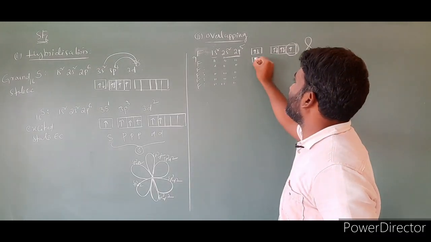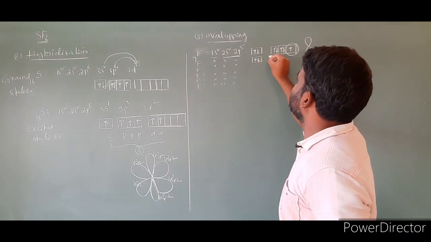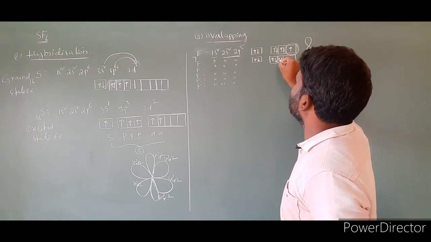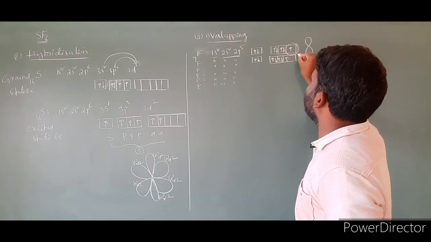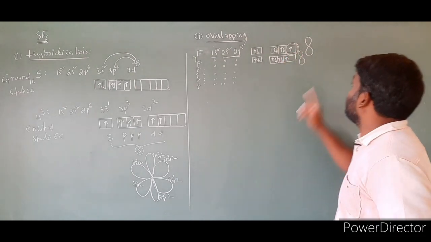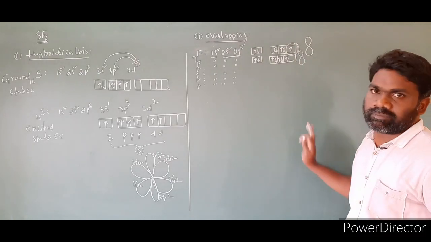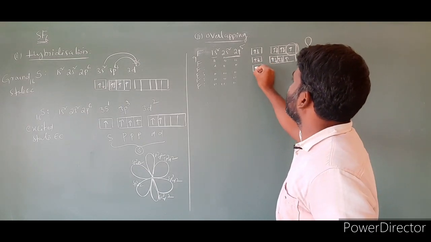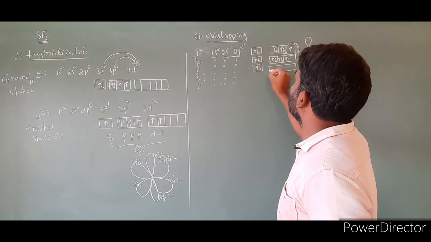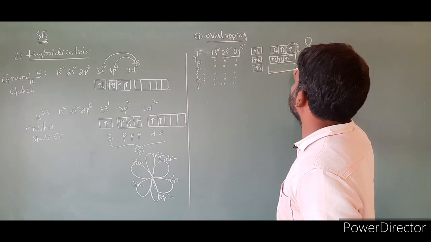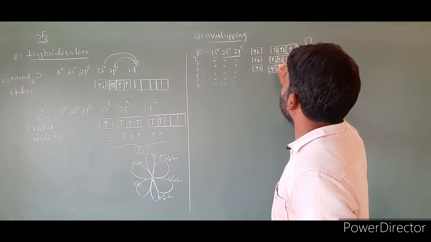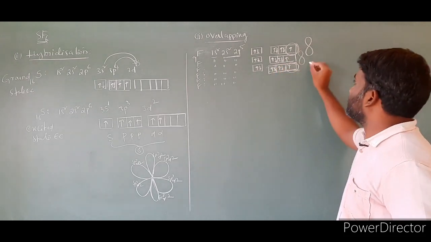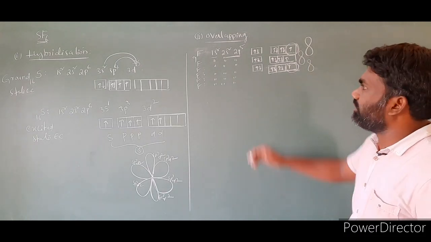So I'm only writing orbital diagrams. This is the second case. Here we have one p orbital. The third one requires overlapping space, so I'm writing the fourth one here. I will continue, no problem. 1, 2, 3, 4, 5. This is the one single electron. This orbital we need. So 3.